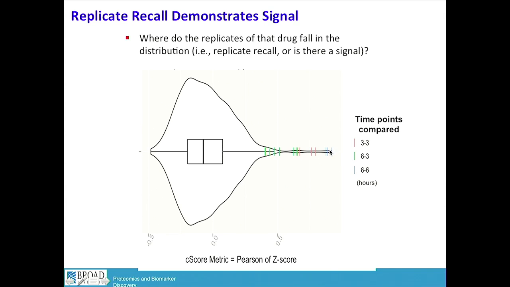And here we have three different types of replicates: ones that are compared within the same time point at 3 hours with the red tick marks, at 6 hours with the blue tick marks, and in green for comparisons that span across different time points. So we can ask the question, is the same signature essentially present, or do signatures correlate across different time points of treatment? And so these things started out as being called violin plots, but I've put little frets on them, so now I call them banjo plots,